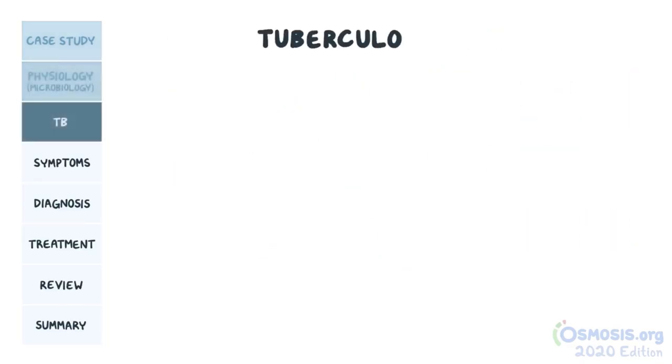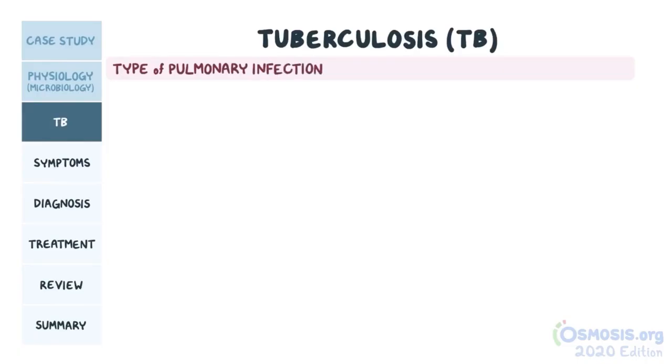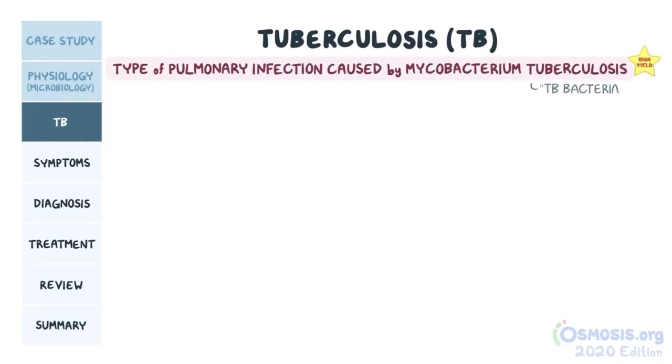Okay, so tuberculosis is a type of pulmonary infection caused by Mycobacterium tuberculosis, sometimes just called TB bacteria. Before we start, you need to know that there are a few high-yield risk factors for TB. These include immunosuppression, like in people with HIV,